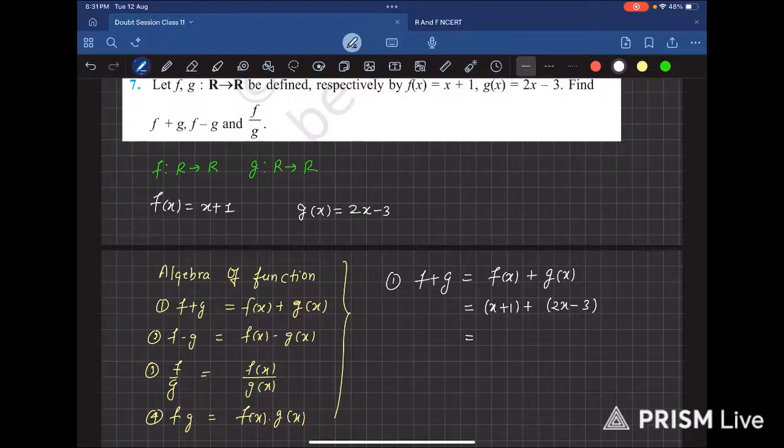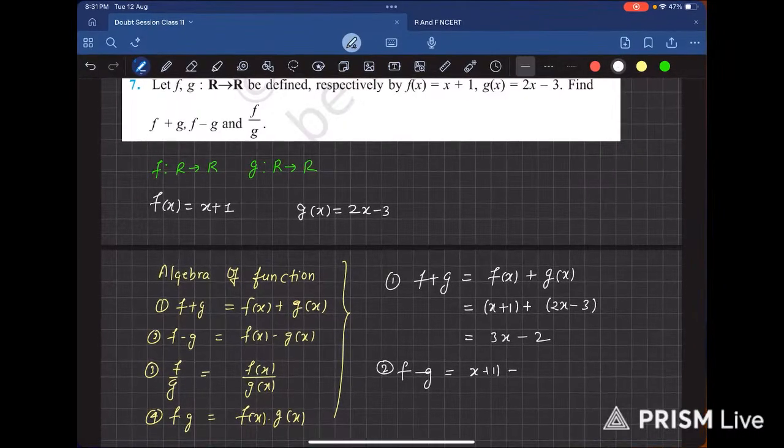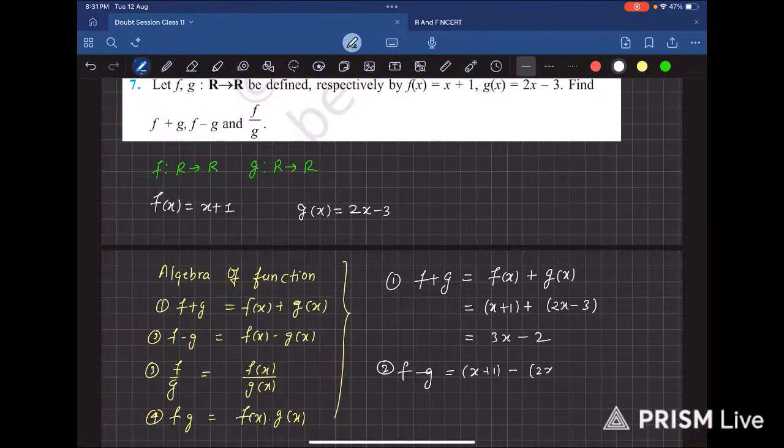Now you can add the variables: x plus 2x will be 3x. इसमें कोई लॉजिक होना ही नहीं चाहिए, बस ऐड कर दो। f minus g will be x plus 1 minus 2x minus 3, so x minus 2x is minus x, 1 minus of minus 3 plus 4. बहुत ही सिंपल है, इन सब में लॉजिक की ज़रूरत ही नहीं है।